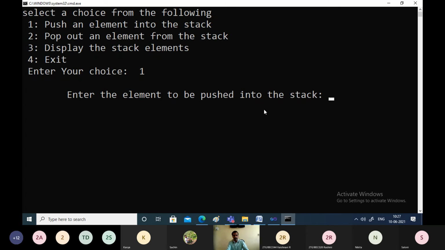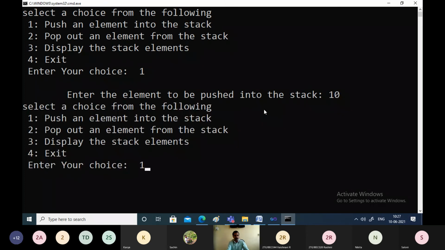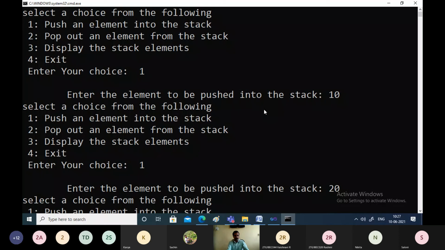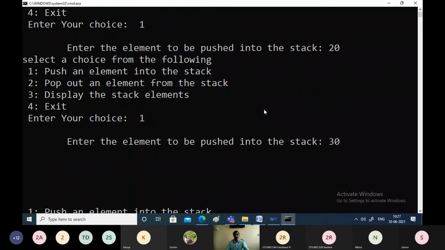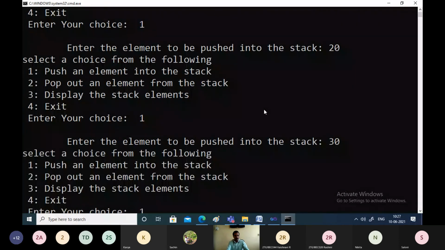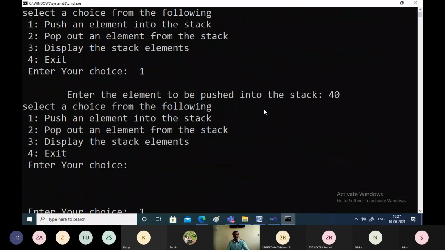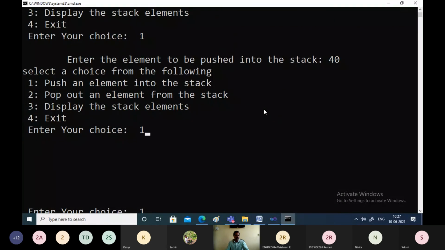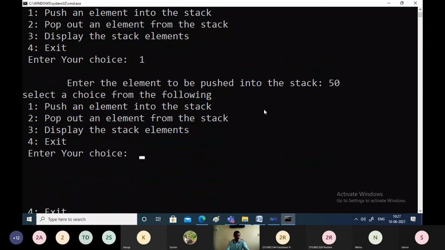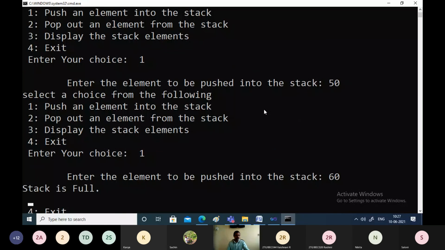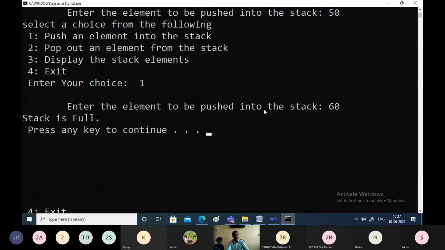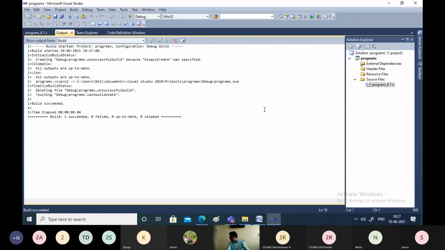Choice 1. Element to be inserted is 10. Choice 1, 20. Choice 1, 30. Choice 1, 40. Choice 1, 50. Okay, choice 1, 60. Once you say stack is full, no, I'd have gone for the pop operation. One second.